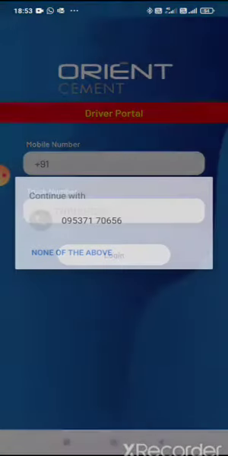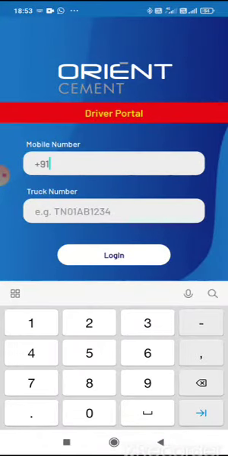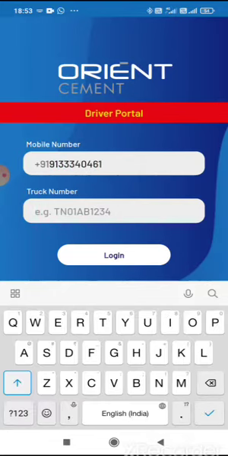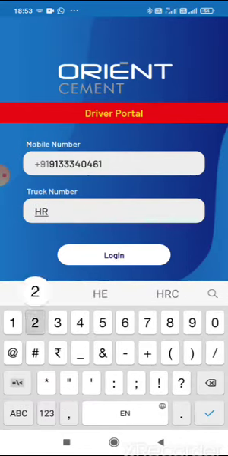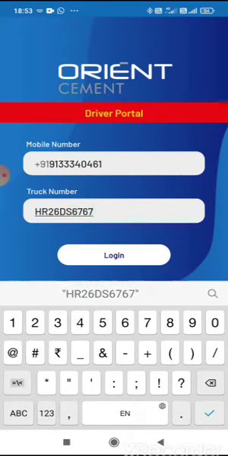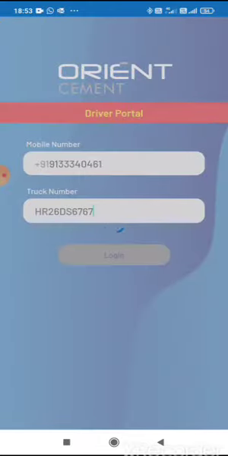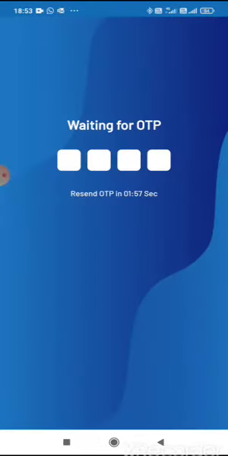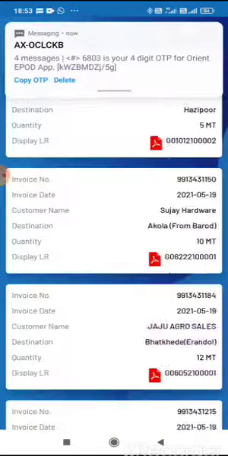Here we ask our partner drivers to log in, where they have to log in with their registered mobile number with the company and the truck number. These two numbers are associated with our database, and only those drivers will be able to log in who have a valid current order with them. An OTP will be generated, and this OTP will be auto read, and the driver will be able to log in.